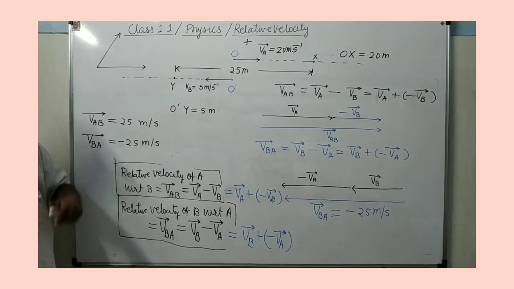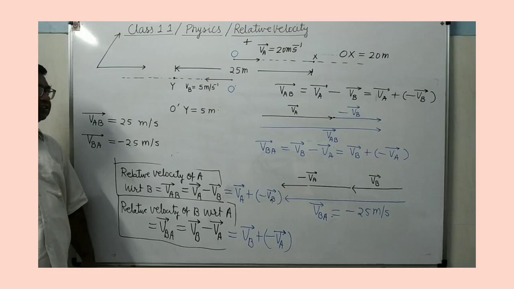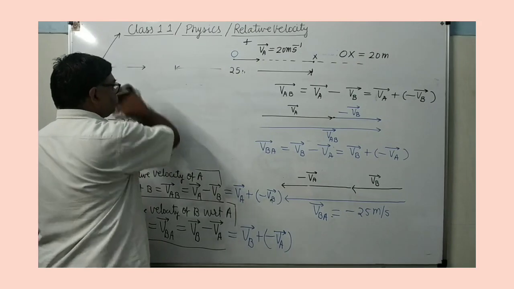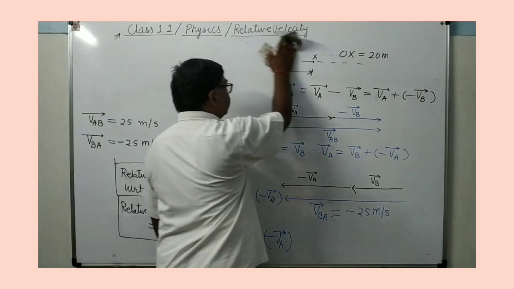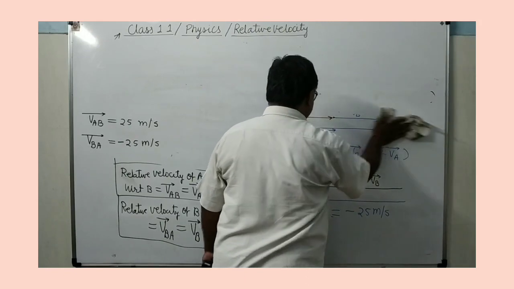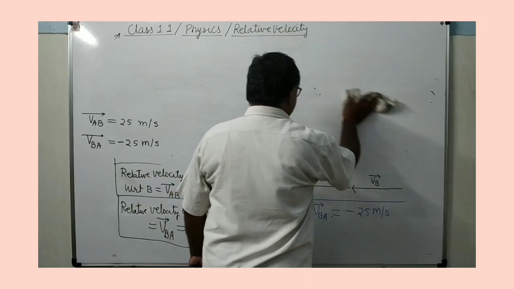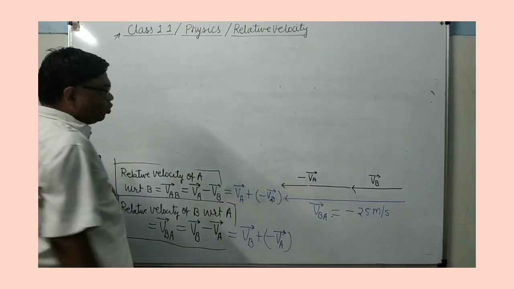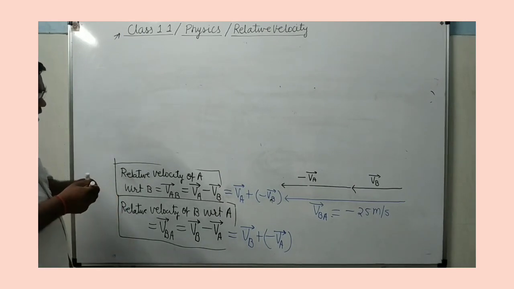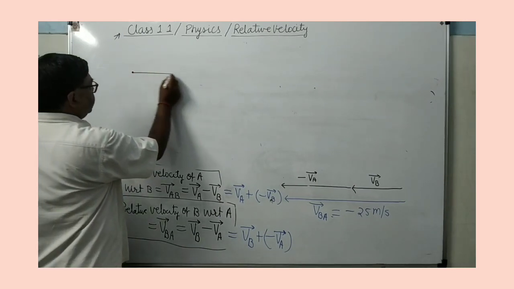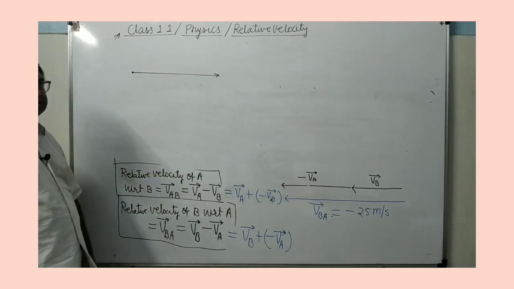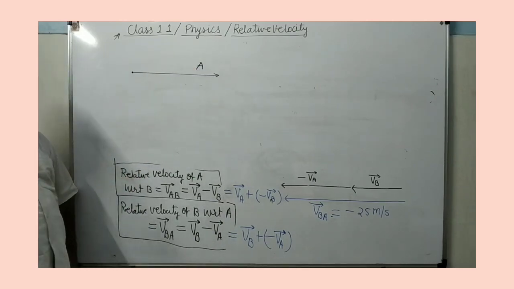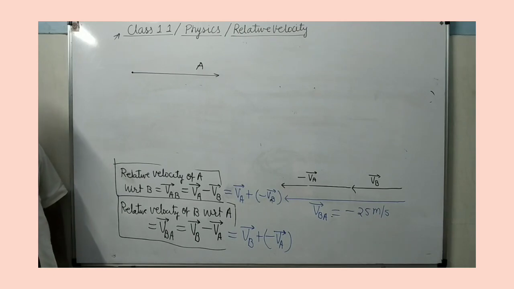And why do we do this thing? So see here, you can see this thing here. Relative velocity I have told in terms of A and B. You see, relative velocity of A with respect to B means it is the relative change of displacement with respect to B. It's clear? When I am defining velocity, then this B is what? Origin. A is moving and B is origin. B is static. Origin is at rest. Origin is not moving. It's clear?